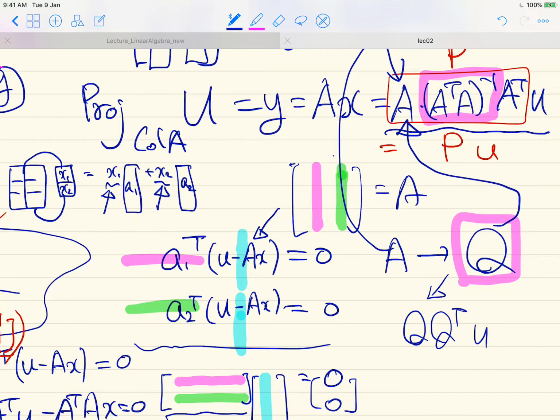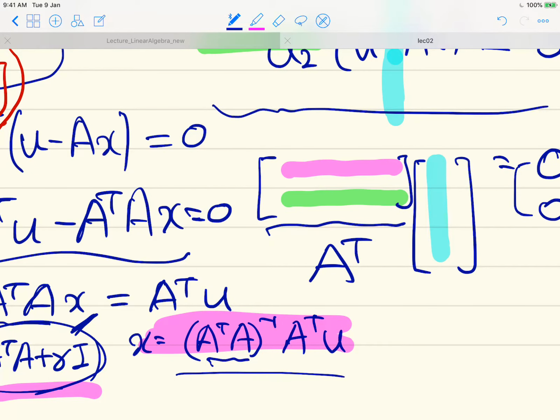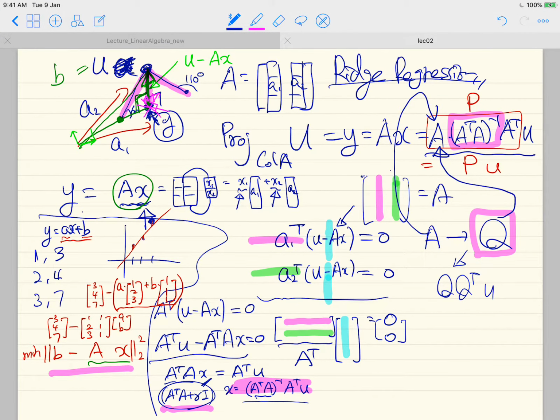Furthermore, this linear transformation can also be simplified, because this A transpose A inverse part will be gone, right? And so A transpose u can be easily computed. Okay, so let's take a break